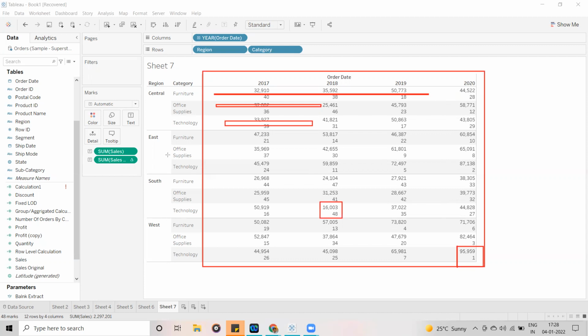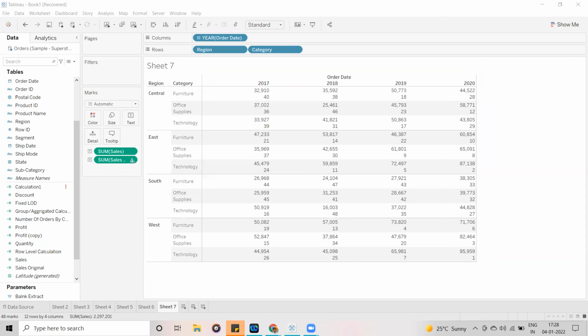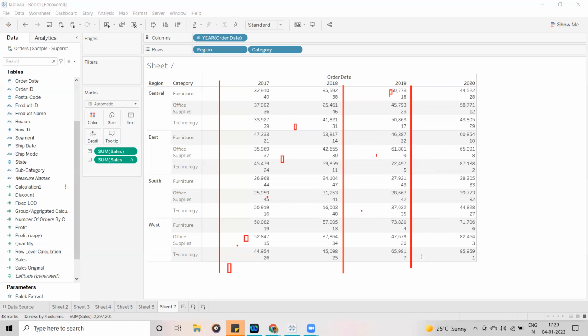So now the same case, right? The same case with the table down then across. The operation is going to be performed like this: first it is going to travel from top to bottom. Then it is going to go to the next column, and again travel top to bottom. Again it is going to be in the third column, and again top to bottom. And again it is going to travel bottom to top, and from here top to bottom. So this is how the table down then across is going to work.